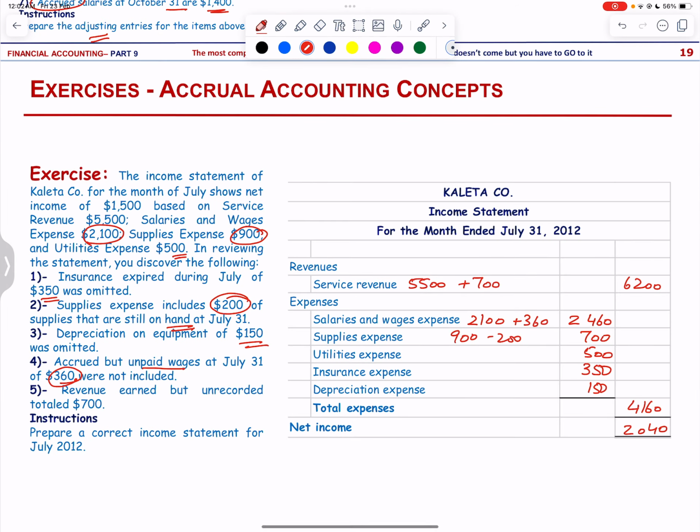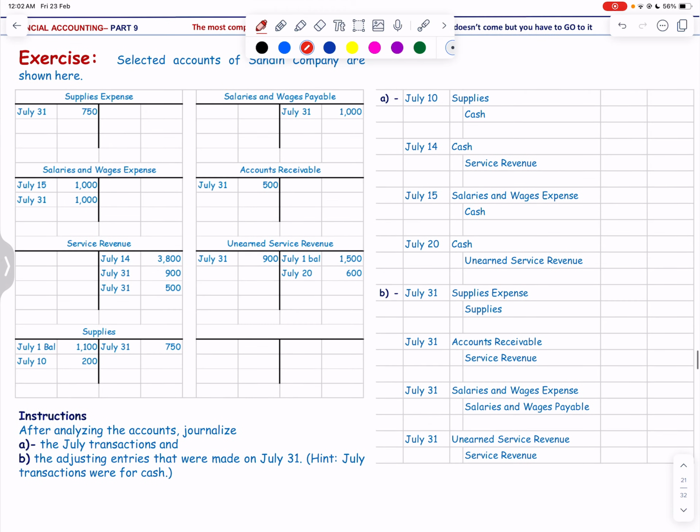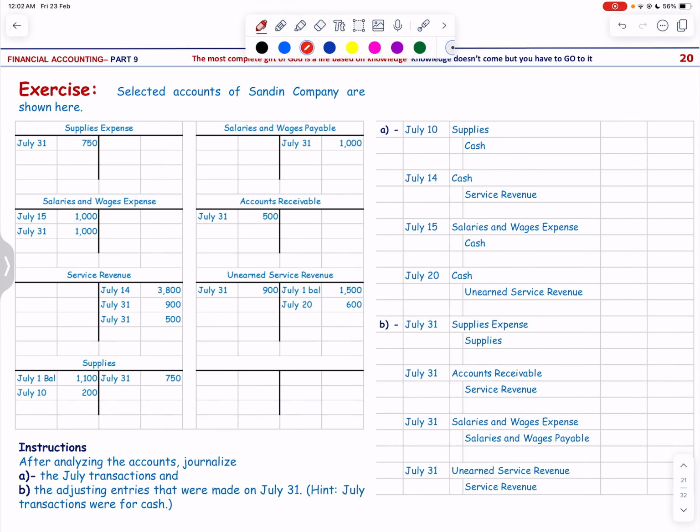And this is interesting. Selected accounts of Sandit company are given to us. We have to analyze the transactions and journalize the July transactions. So you know that when we record the transactions, we record them in chronological order, that is according to the dates. So the first general entry that you can see over here will be for July 10,